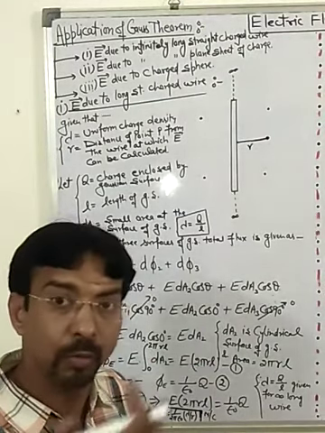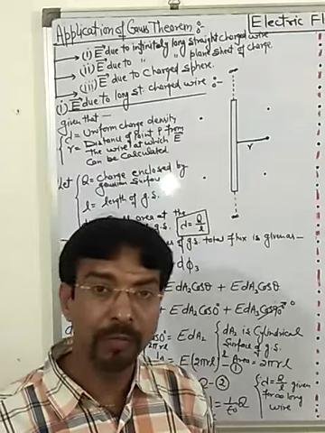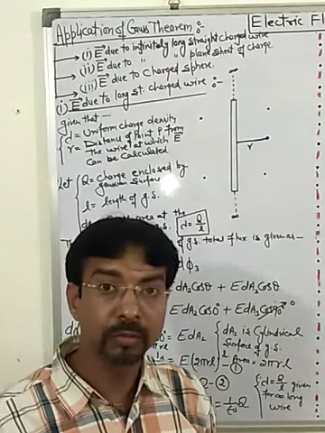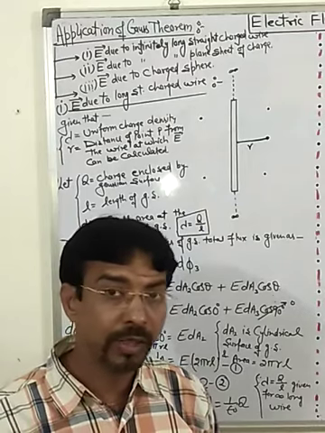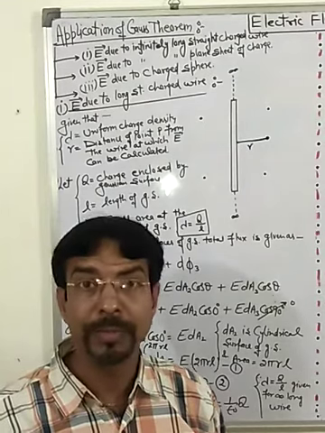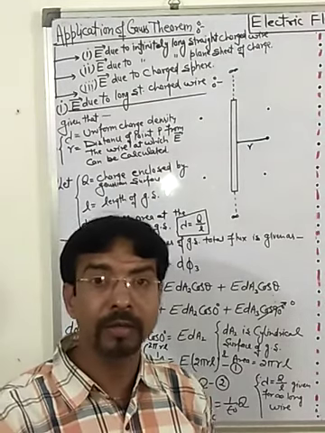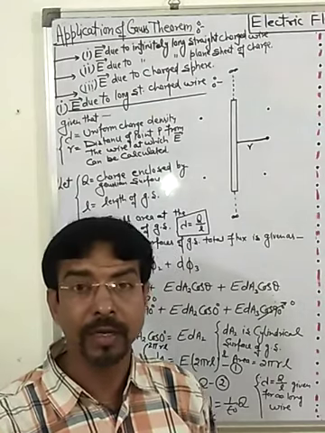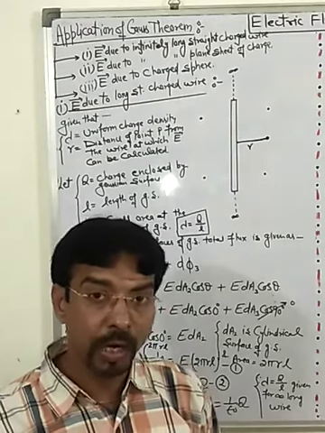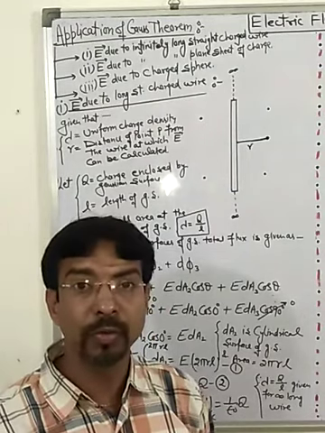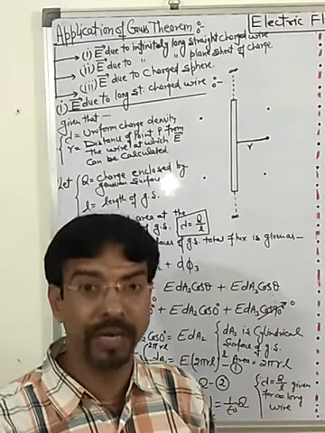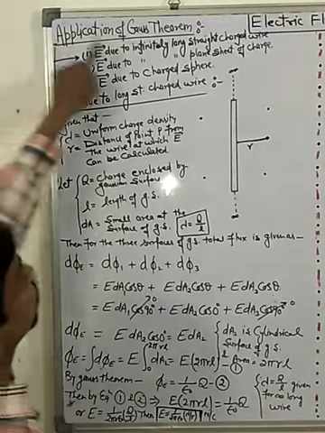You know very well that in Coulomb's law we can find the electric field or force between two point charges. But if the charge is not a point charge, if it is a measurable charge, then what will we do? For a measurable charge, we can't find the electric field intensity or the force that way. Here I will introduce how we find the electric field due to a measurable charge whose size goes up to infinity. So here you see the application of Gauss's theorem.